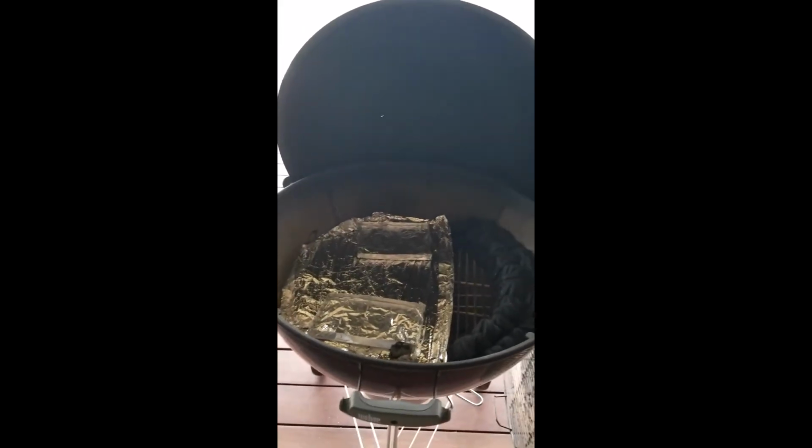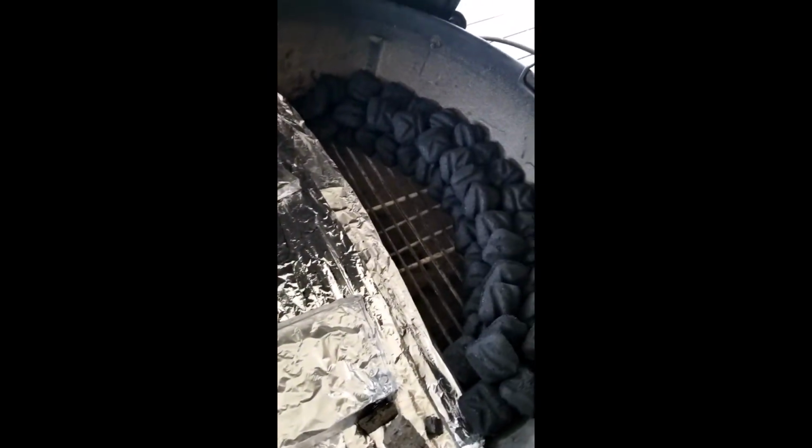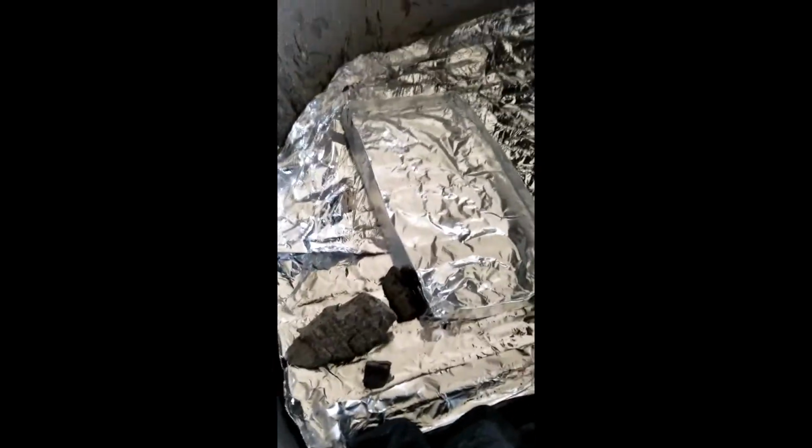Alright, here we are. I got my 30-inch Weber. Got the coals set up in a snake pattern. Just did double layer, stack them up there. And on this side, got aluminum foil. That's going to help us to have our indirect heating. So I have the heat on the one side, and I actually made little pans out of the aluminum foil